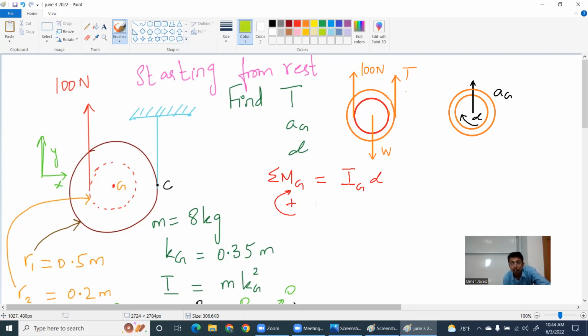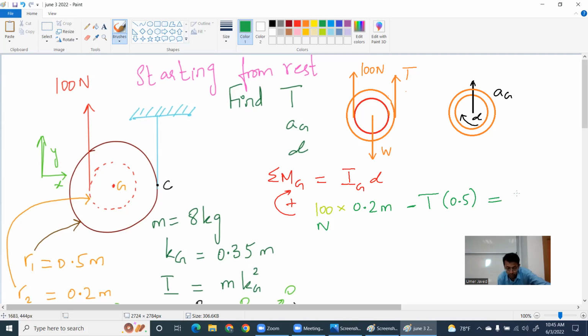So now I will have 100 multiplied by 0.2 meter, right? Correct? I think so. Minus, we have T multiplied by 0.5, right? I hope it is correct. And this is equal to